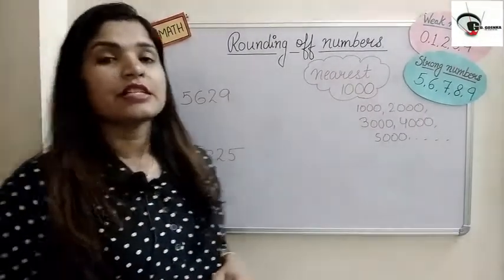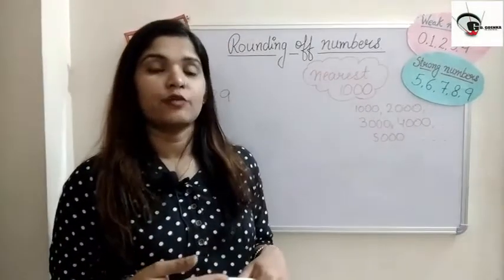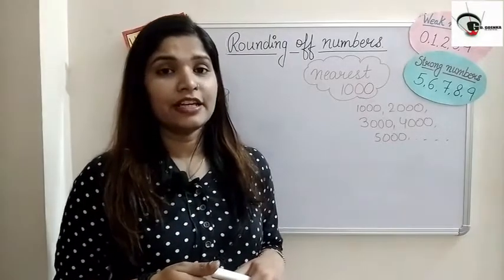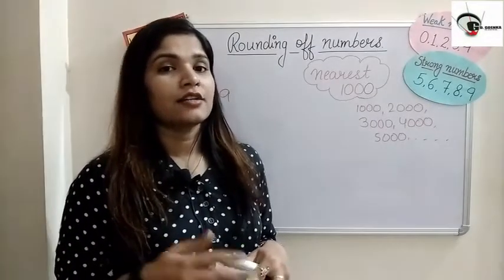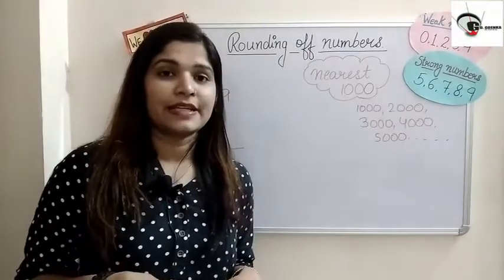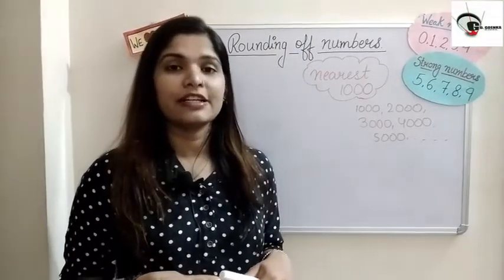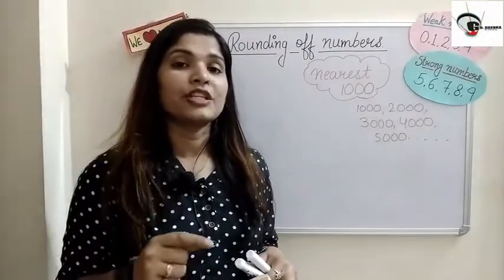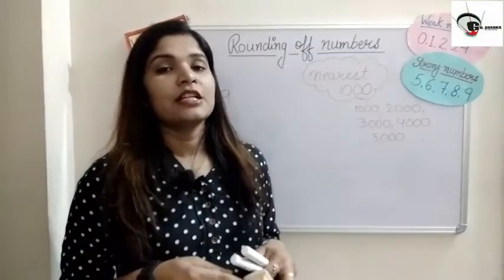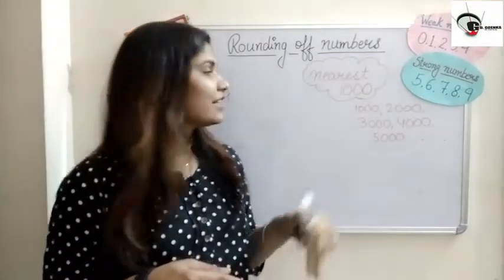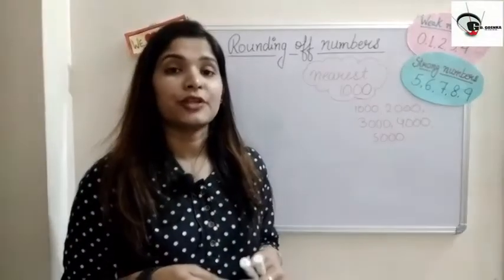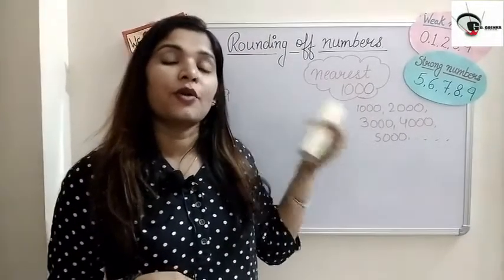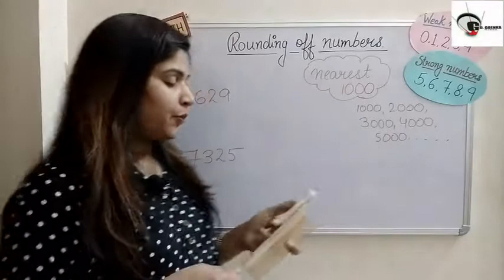As we have discussed in the nearest tens and nearest 100, kids, if we are rounding any number to the nearest 10 value, at that time we are identifying the number which is at the tens place. Similarly, when we are doing the nearest 100, at that time we were identifying the number which is at the hundreds place. So yes, you have guessed correct, now we are going to see the digit which is at the 1000 place, as we are rounding the numbers to the 1000 place value.